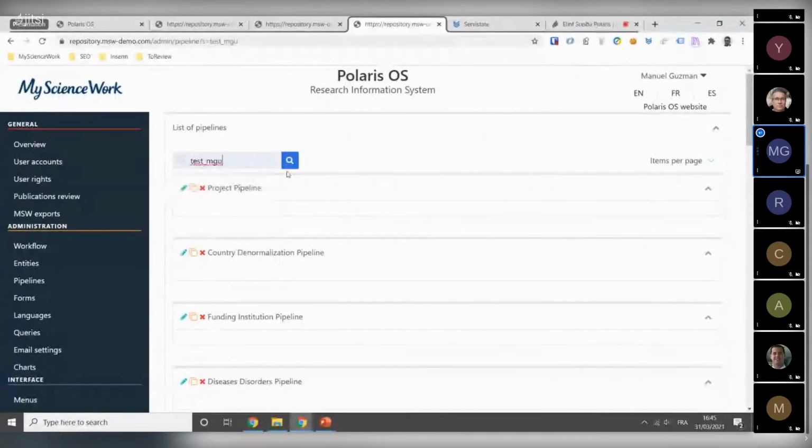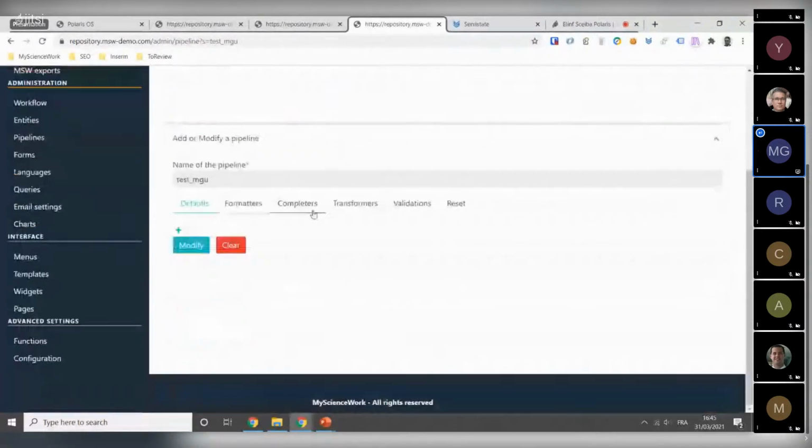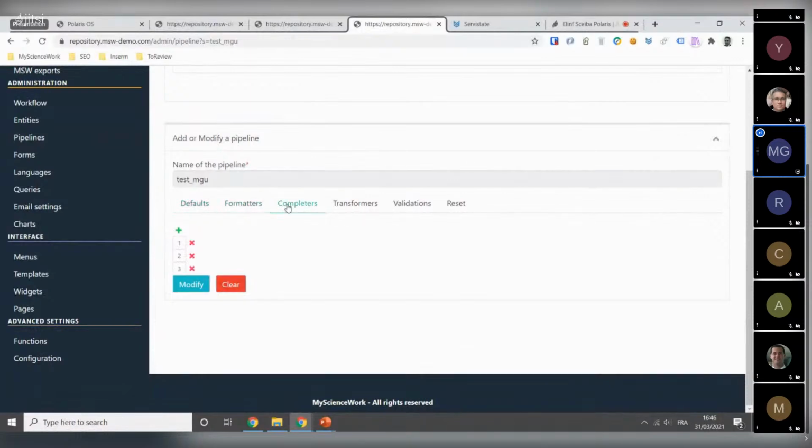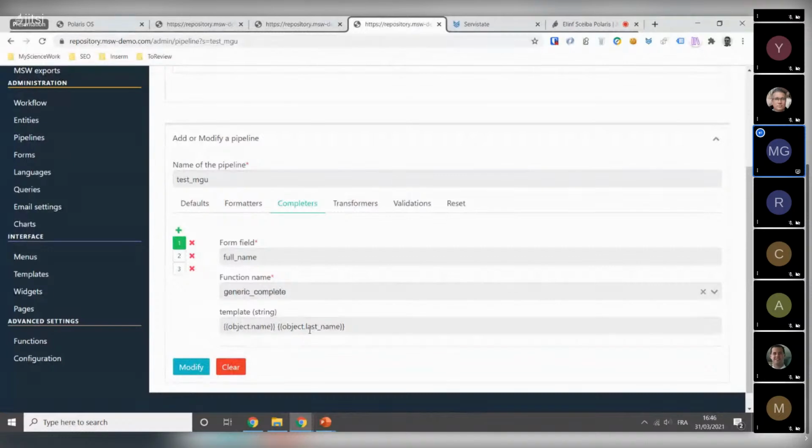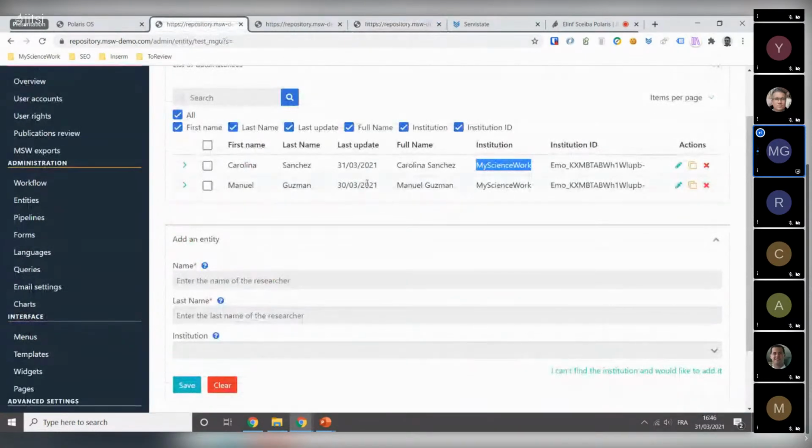So I should have a SMU pipeline as well. Yeah, it is there. Now, what do we have here? We have first a function that we call generic complete to actually create the full name. Now, if you see in here, we never ask for the full name in the form, but we